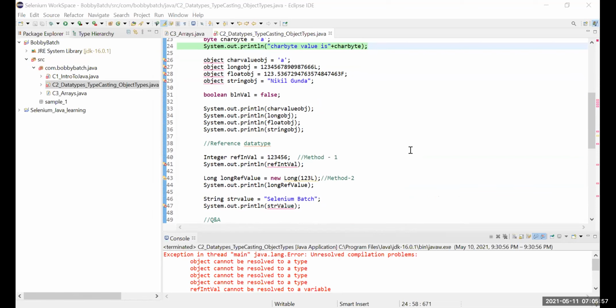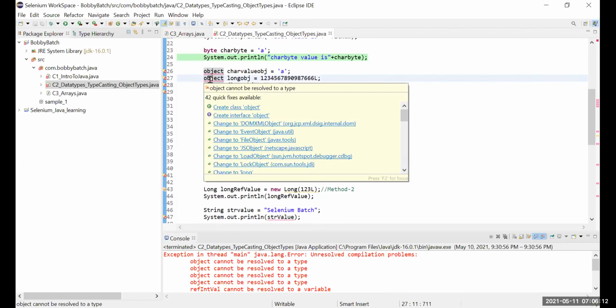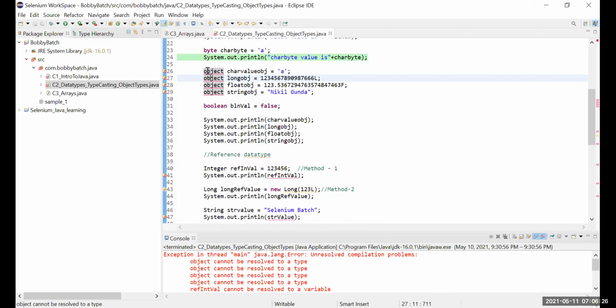Object. You see, it is giving the errors there. Object. Can you hover over the object? This one? Yeah. Just hover on it. See. Create class object. Did you type this, or did you copy paste it? I typed it. So what should be kept over there? Oh, so that was the issue? Yep. See.